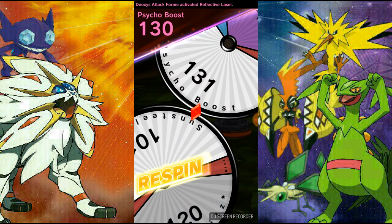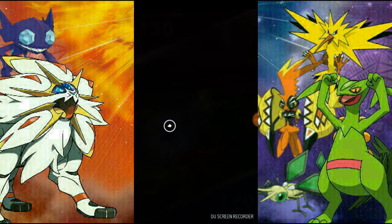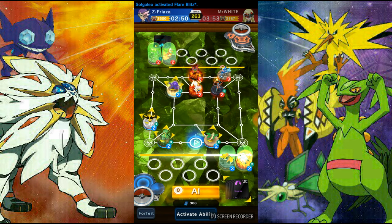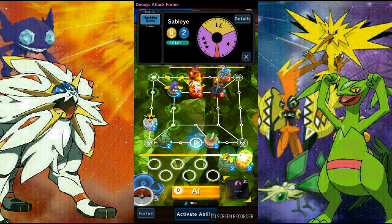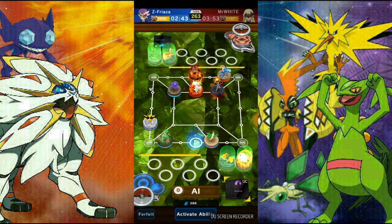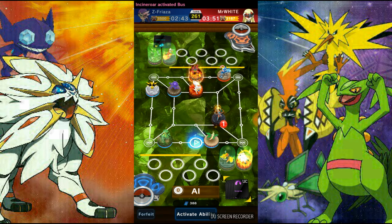Now, do we want the left entry point or the right entry point? Actually, I should have waited to see if we landed Sunstone Strike twice. But he's a burn POA, which is actually pretty nice. So we are going to take the entry points with... no, we're going to go up with Zapdos and hope that our Vibrava and Sceptile can survive against a burn TOA and...